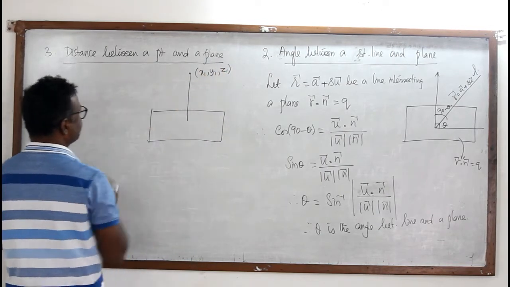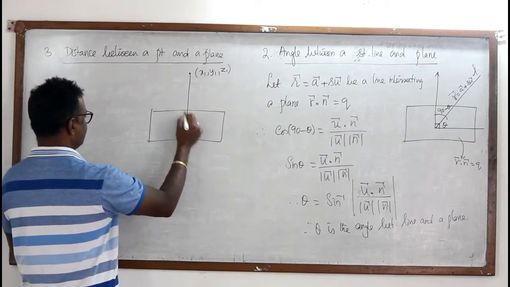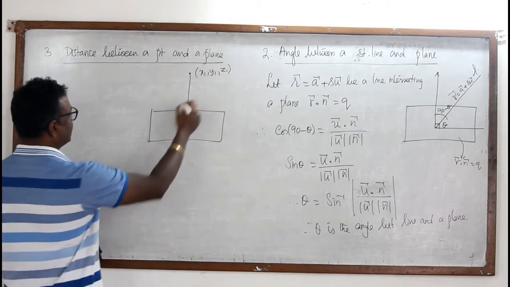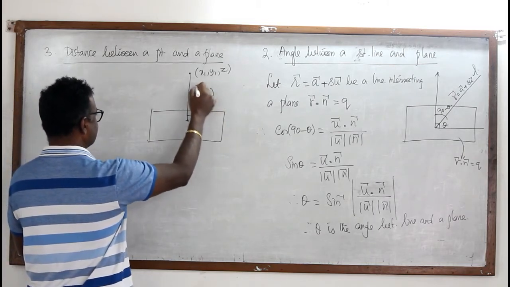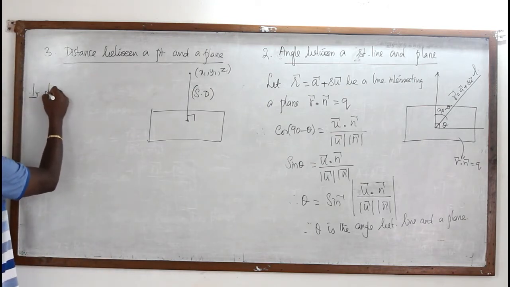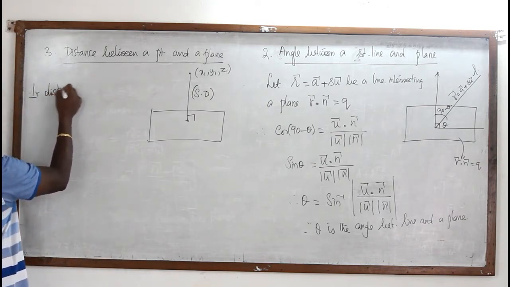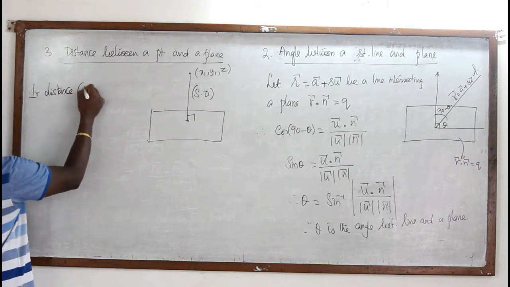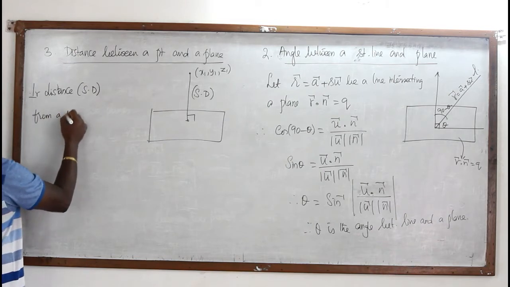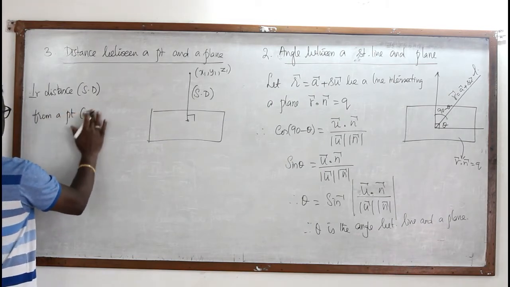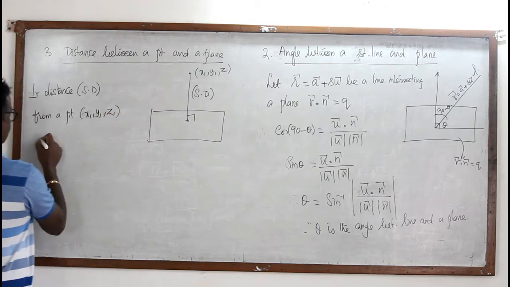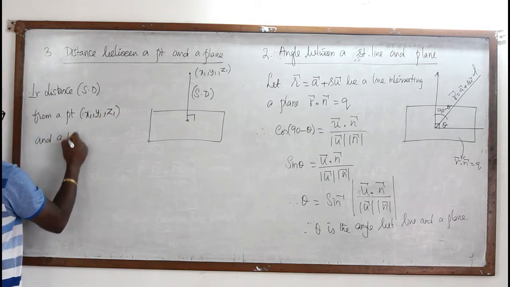Then what is the distance from the point to this plane? This distance will always be perpendicular, and also this is the shortest distance. Therefore, the perpendicular distance, that is the shortest distance from a point x1, y1, z1 and a plane